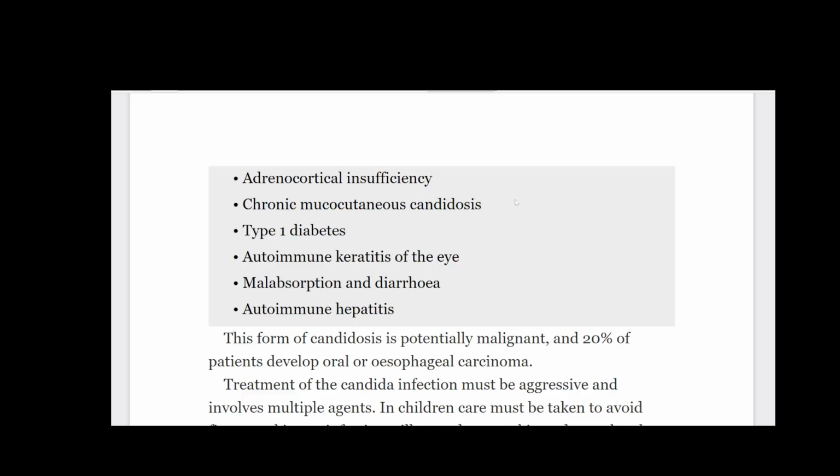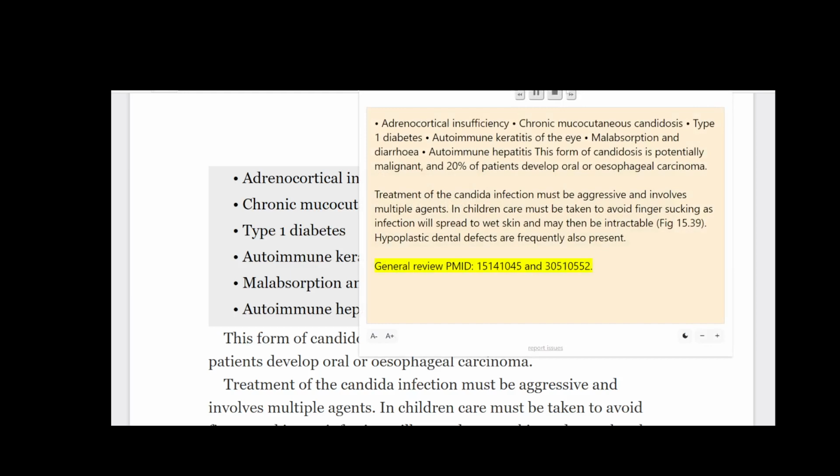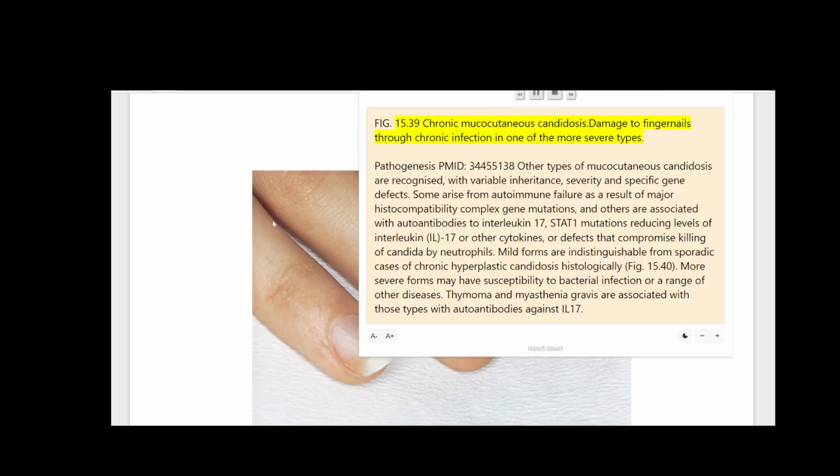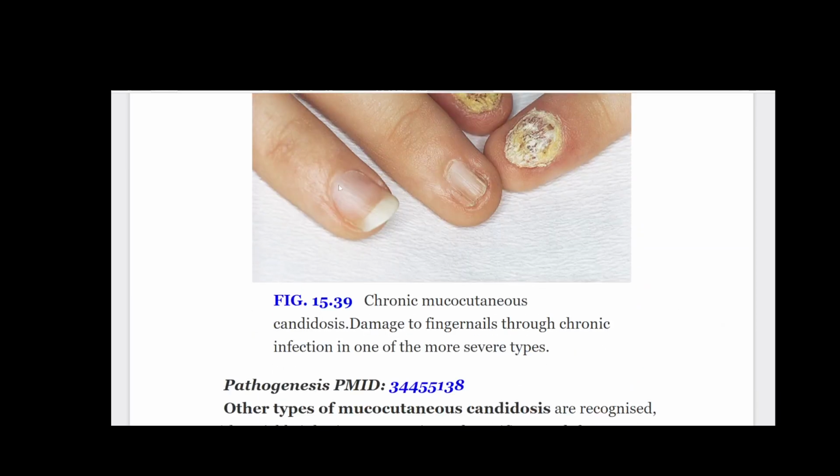In children, care must be taken to avoid finger sucking as infection will spread to wet skin and may then be intractable, Fig. 15.39. Hypoplastic dental defects are frequently also present. General Review PMID, 15,141,045 and 30,510,005, Fig. 15.39 Chronic mucocutaneous candidosis, damage to fingernails through chronic infection in one of the more severe types. Pathogenesis PMID,